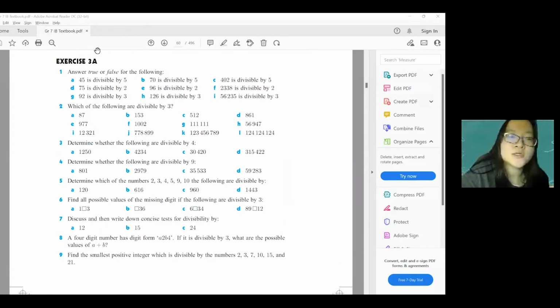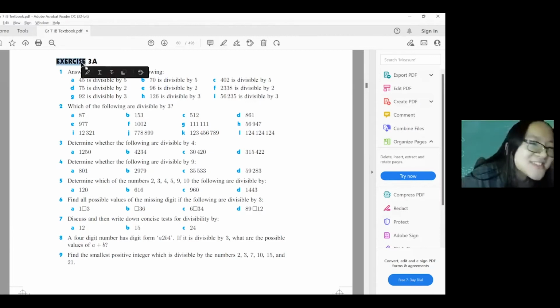Okay, so I just want to show you guys that there's a really easy way to check your answers. The textbook has answers to all the questions. So if you click on the heading of the exercise, so if you click on exercise 3A,